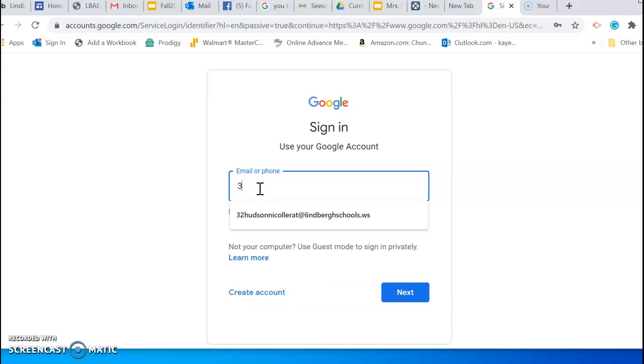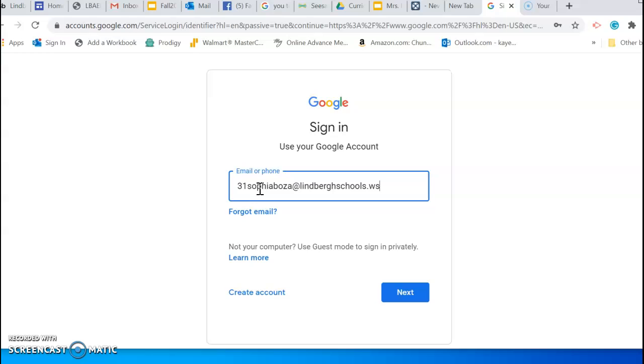So your child's graduation year is their very first number in their email address, and then it's their first and last name. So I'm going to use Sophia's because that's the first one I came upon. So then it's your child's graduation year, their first and last name at lindberghschools.ws, and then you click